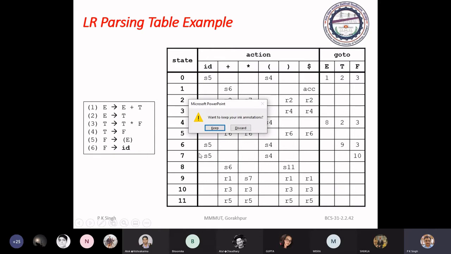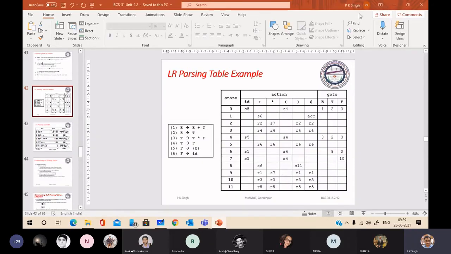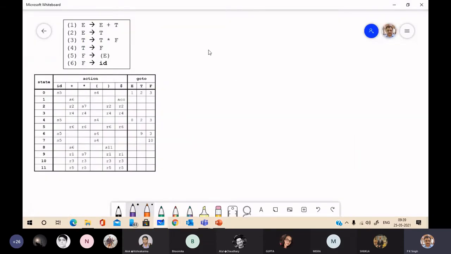For that, use this. Initially, we have the stack and input buffer. Initially, the stack has a start state, that is 0.